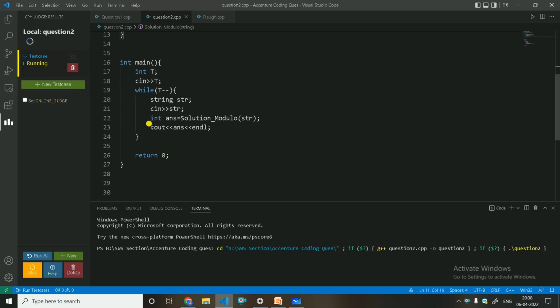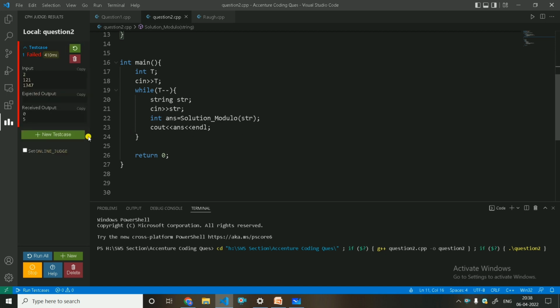Now run this code and see what it gives. In the first case it is giving 0 as the remainder. Yeah, it's correct. And in the second case it is giving 5, as we have already seen.